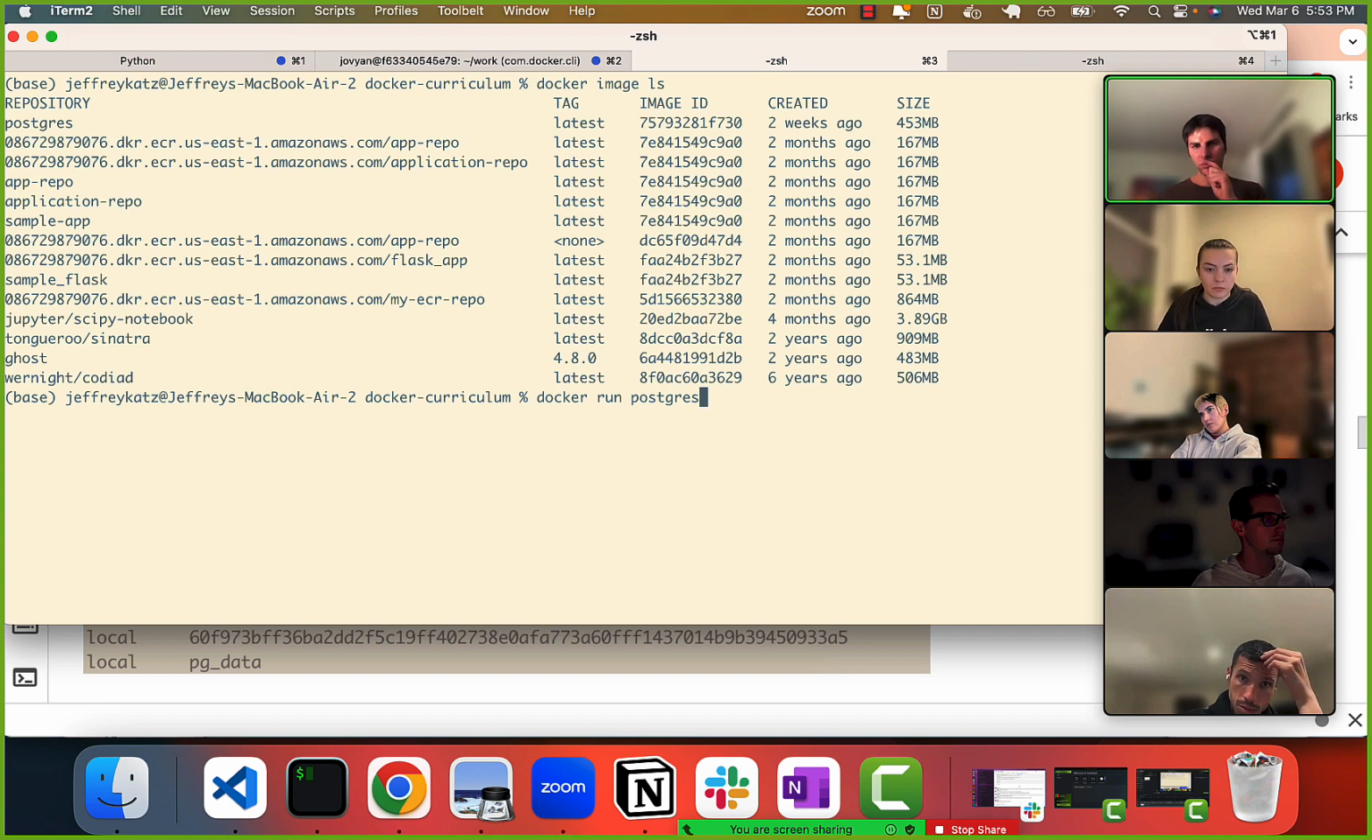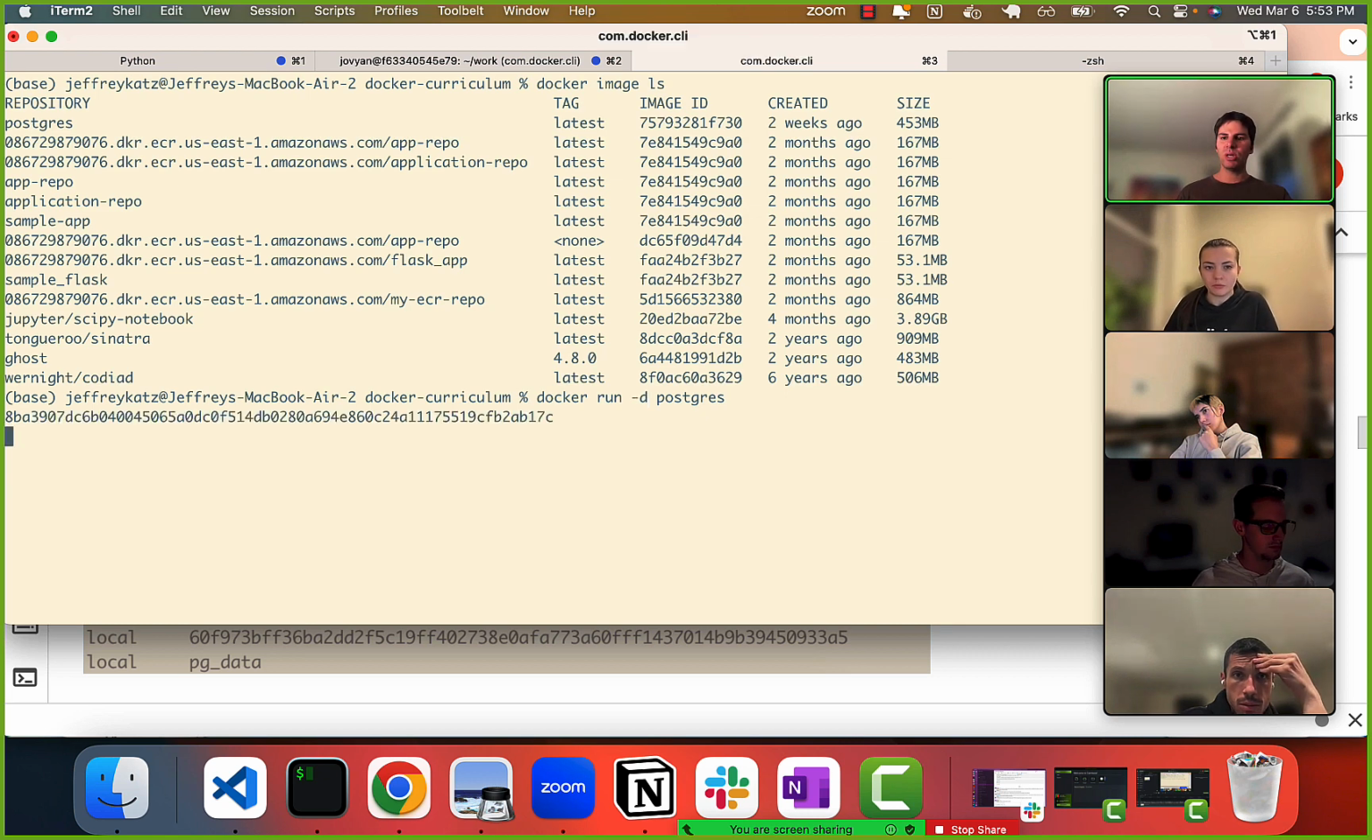Now, what some people did was docker run -d Postgres. I don't actually recommend this too much. So the -d, as we know, runs this in the background theoretically. But the issue I have with this is, let's say we just do this. It looks like it worked, but then if I do docker ps,